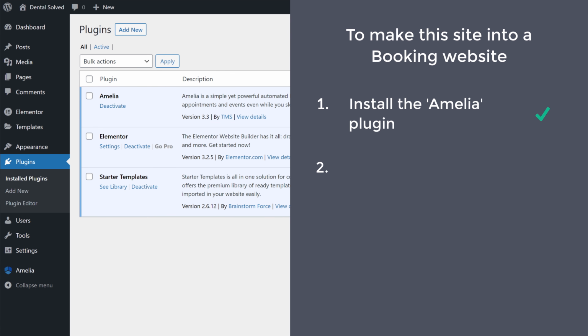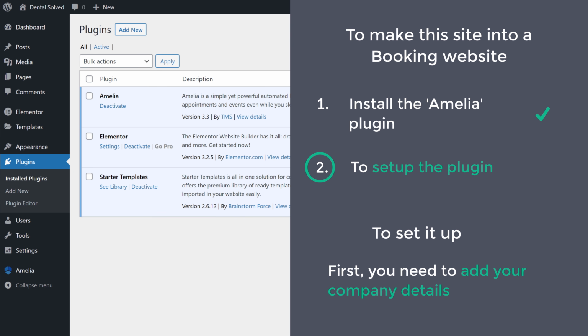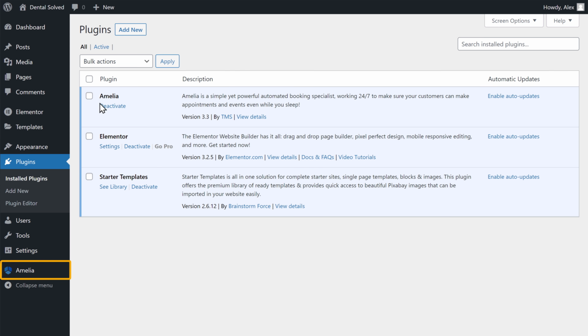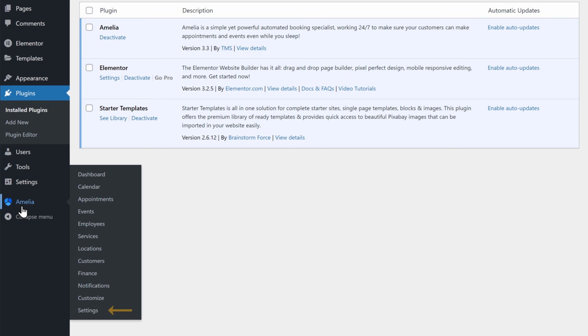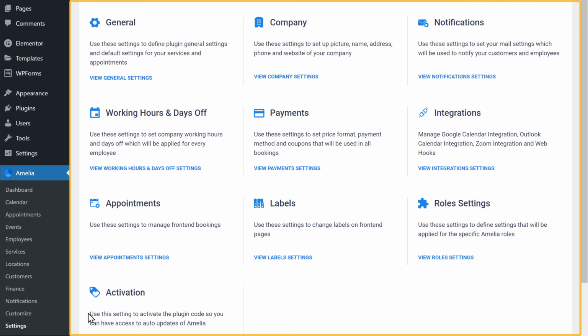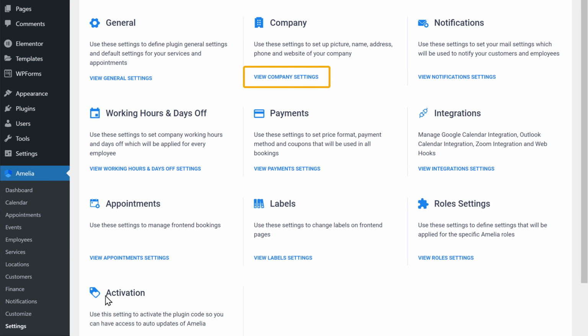Once you have installed the plugin, we can now go to step 2 of making our appointment booking site, which is to set up the plugin. So to set it up, first, you need to add your company details. So to add your company details, let's go to Amelia and click Settings. And you will get this page. Now click View Company Settings